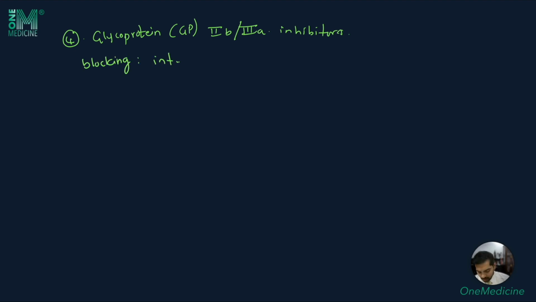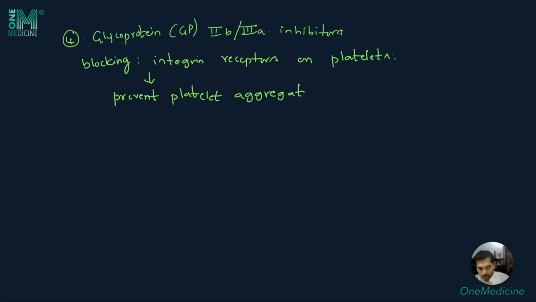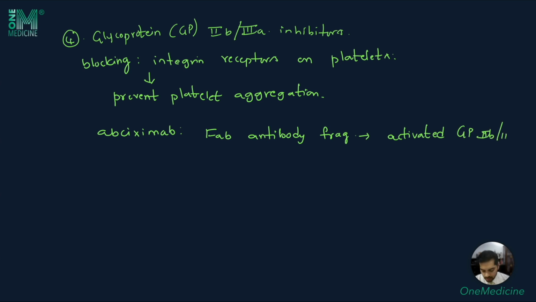The other antiplatelet agents include glycoprotein or GP2B3A inhibitors. These act by blocking the integrin receptors on platelets and prevent platelet aggregation. The examples of GP2B3A inhibitors include abciximab, which is a FAB antibody fragment that binds to activated glycoprotein 2B3A. The second agent in that class is eptifibatide,